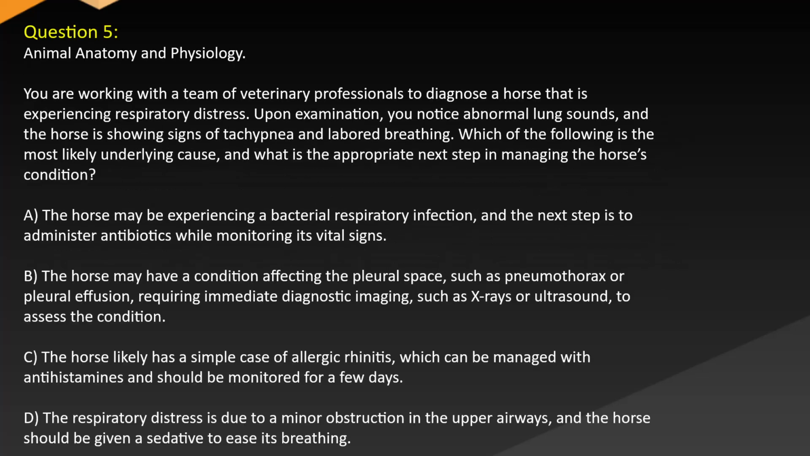Question 5. Animal anatomy and physiology. You are working with a team of veterinary professionals to diagnose a horse that is experiencing respiratory distress. Upon examination, you notice abnormal lung sounds and the horse is showing signs of tachypnea and labored breathing. Which of the following is the most likely underlying cause, and what is the appropriate next step in managing the horse's condition? A. The horse may be experiencing a bacterial respiratory infection, and the next step is to administer antibiotics while